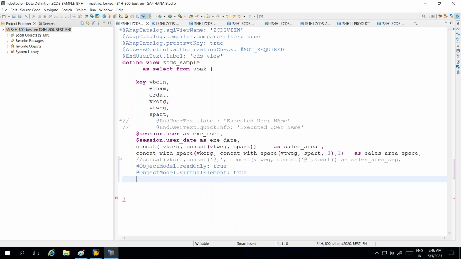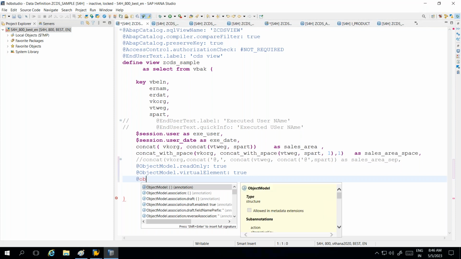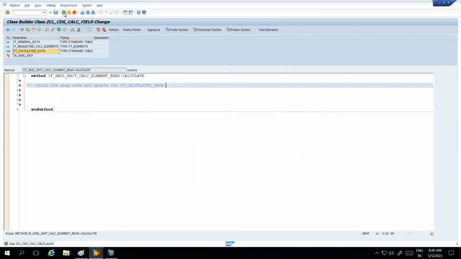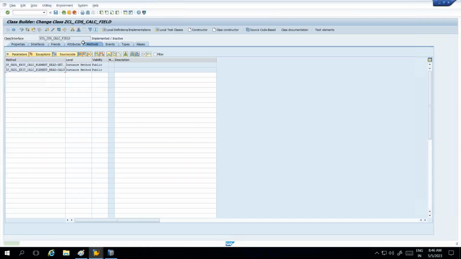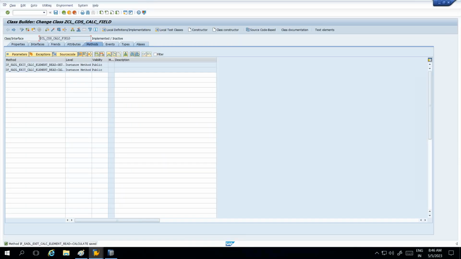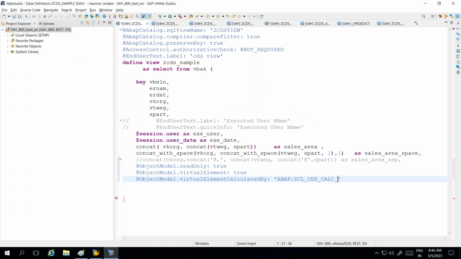I'm just creating this as my virtual element, and the object model dot virtual element calculated by, and you need to provide your ABAP. And what is your class name you have created? So this is your class name. Just click on yes. As of now, I'm just going to copy this one. I'm going to paste it over here. GCL_CDS_CALC_